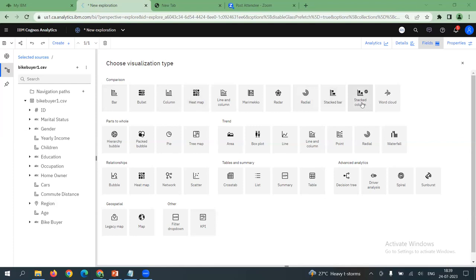What is meant by stacked bar or stacked column? As the name says, stacked means laying out the data items one over the other or one beside the other. I repeat, the word stacked means piling up items one on top of the other or one adjacent to the other, because those data items have a certain inherent relationship. At this point, I would like to choose a stacked column chart.